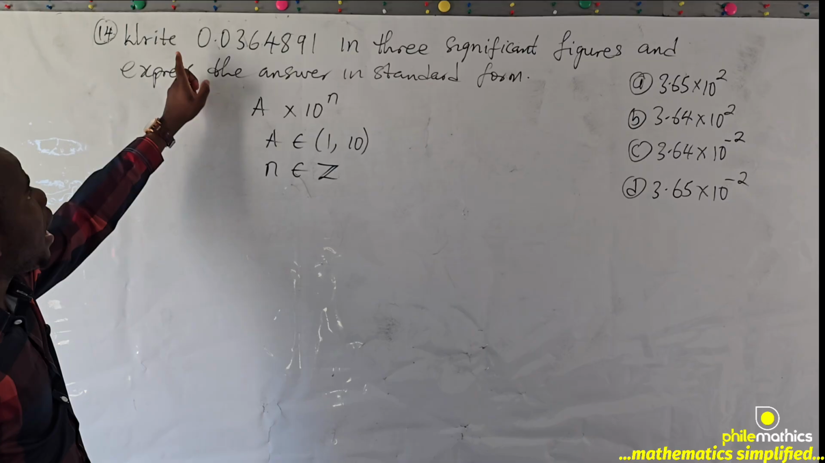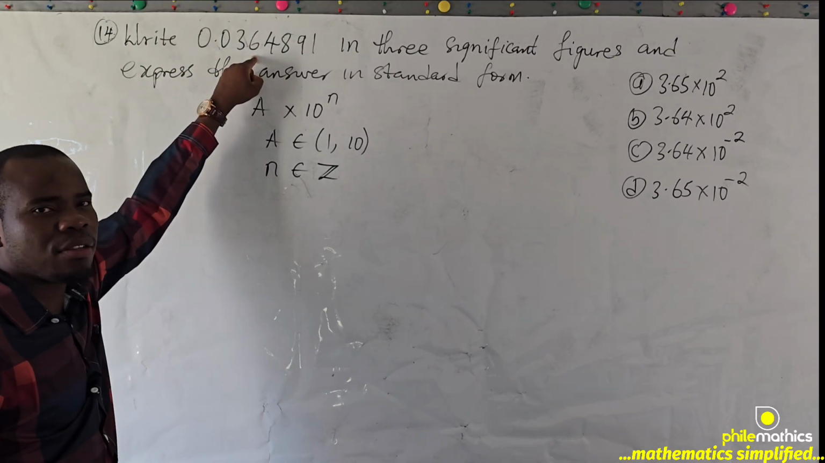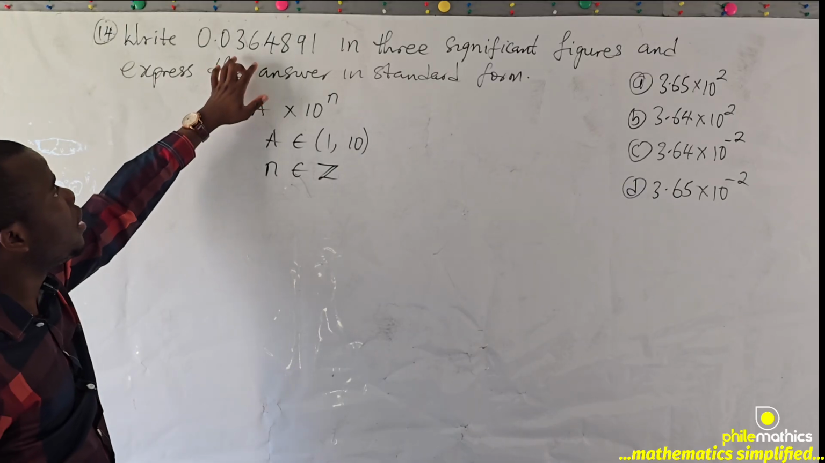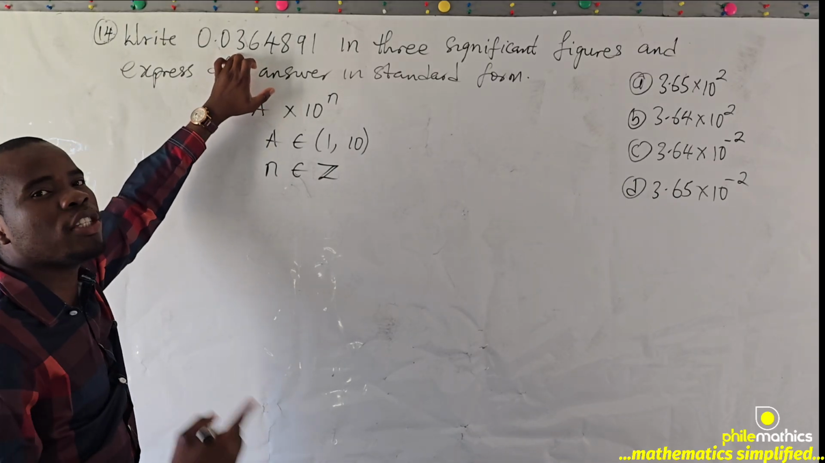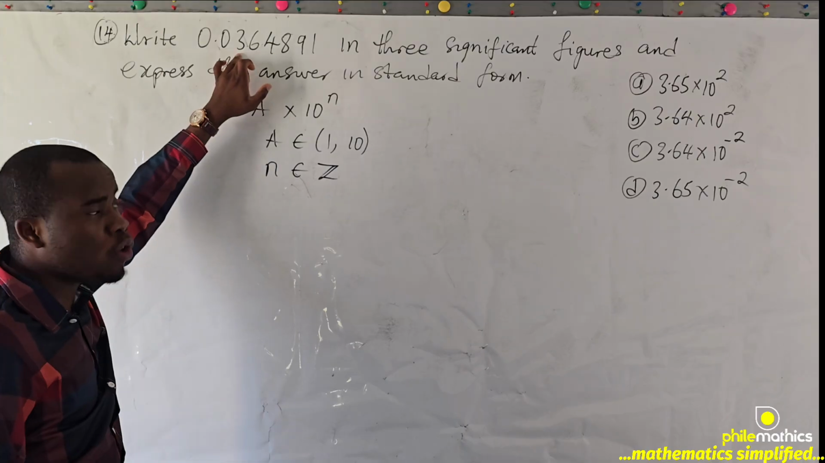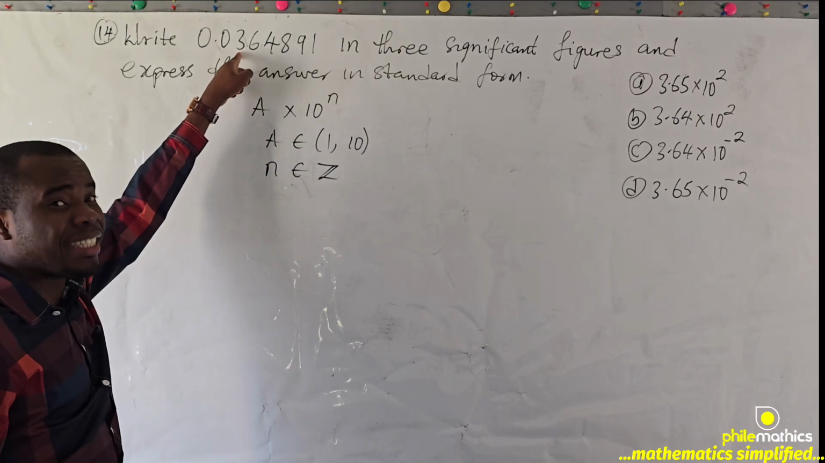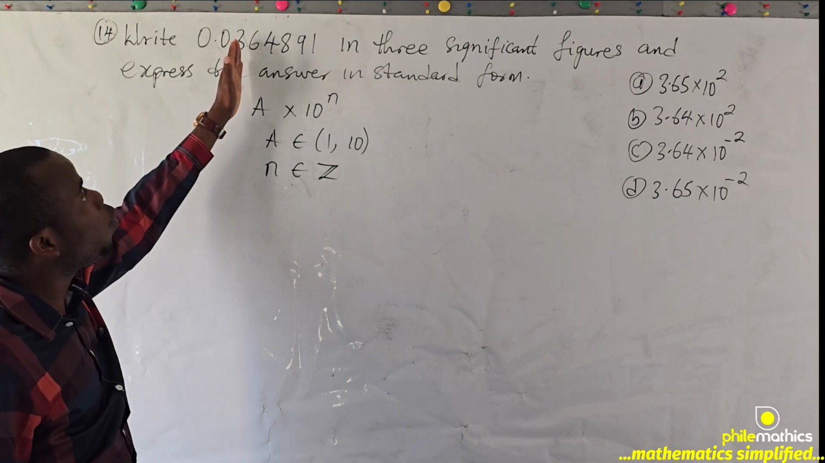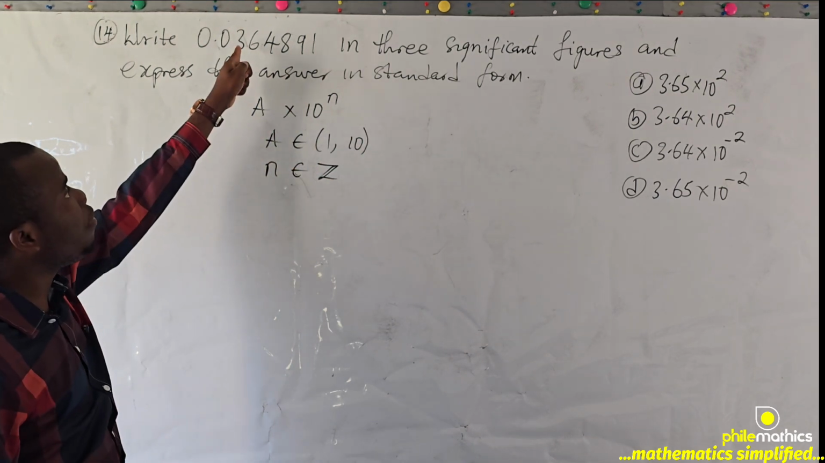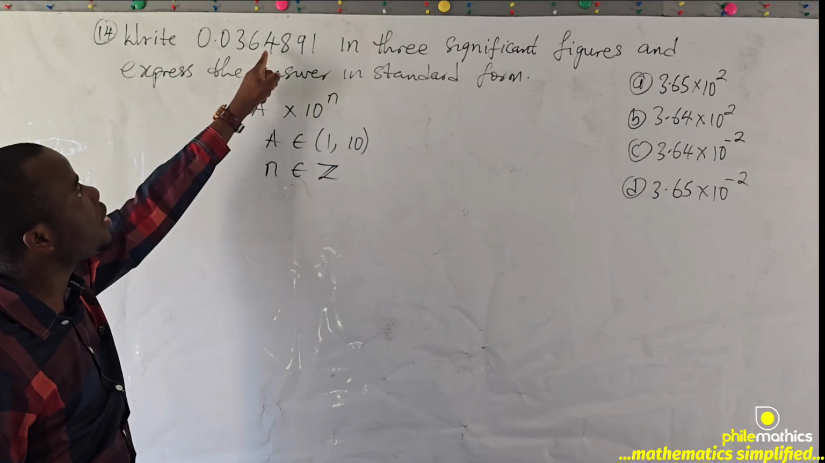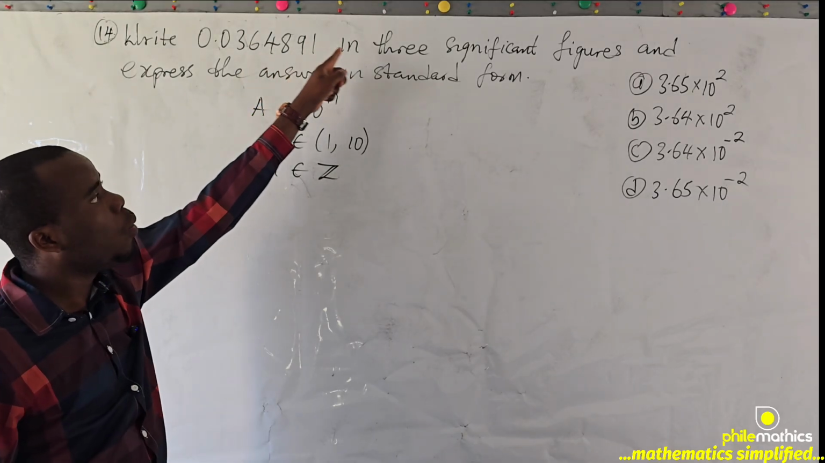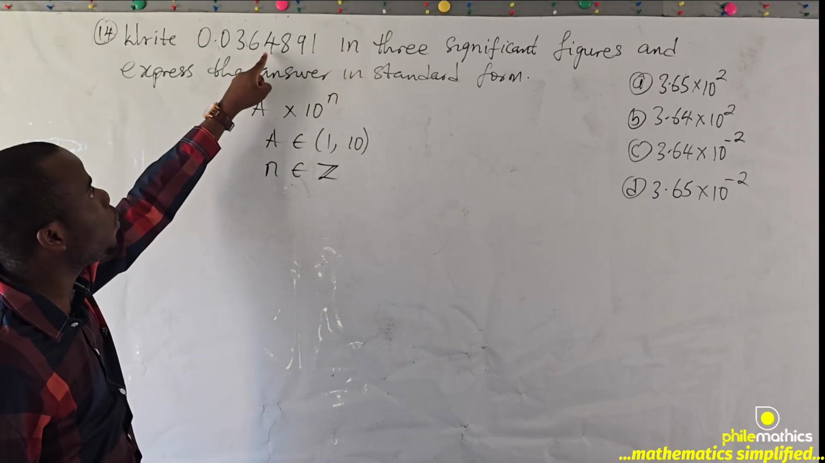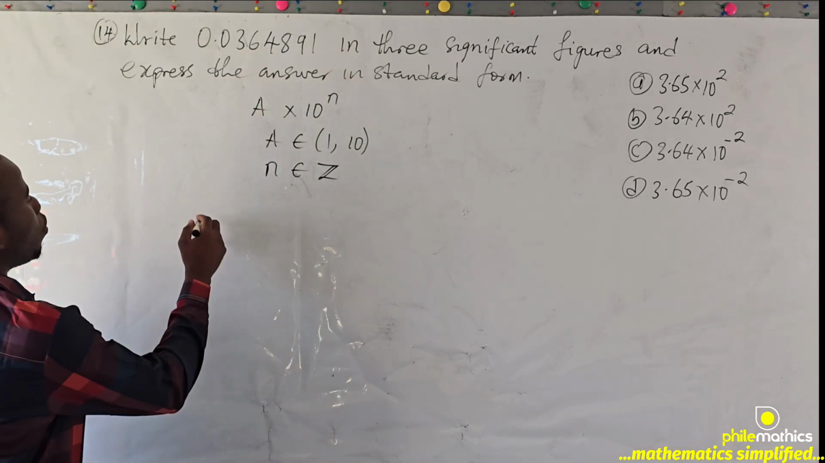So, and to write this in 3 significant figures, by significant figure we mean the first digit that is non-zero. So the first significant figure is the first digit that is not 0, which is 3. So from this 3, we start counting significant figures. So this is the first significant figure, second, third, fourth, fifth, sixth. We are interested in 3 significant figures, which means 1, 2, 3. So we have